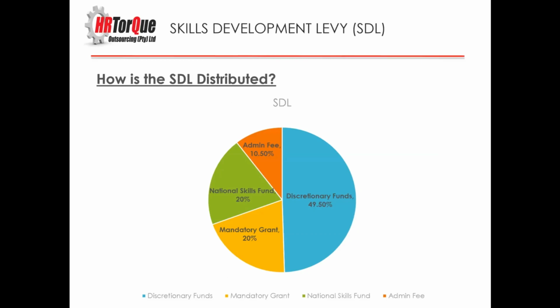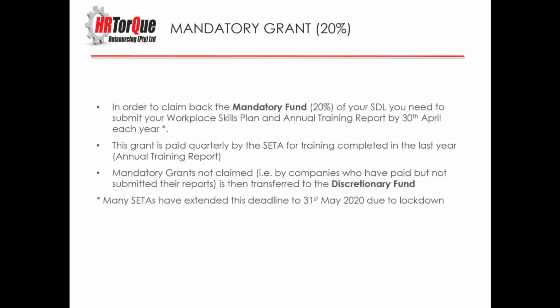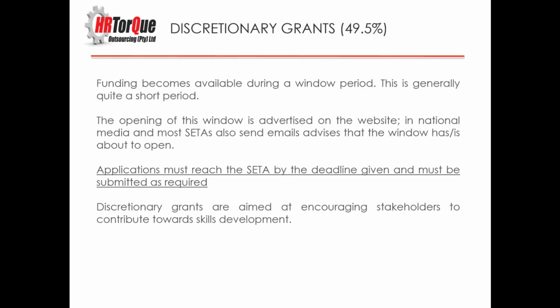So in as much as you can claim back your 49.5%, there is a lot more money that sits there that is available for you as an employer, if you make application correctly, to be given access to that funding. So for all the employers that did not claim their 20%, that is now transferred into the discretionary grants. So what happens within the discretionary